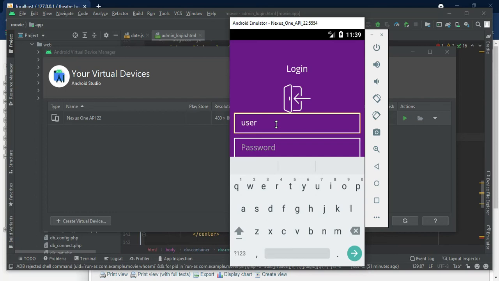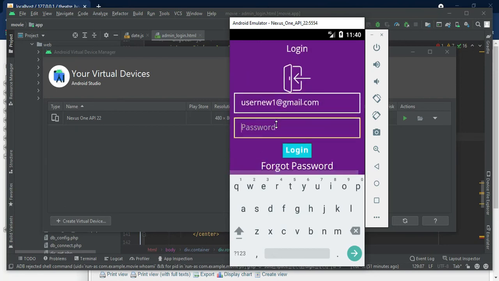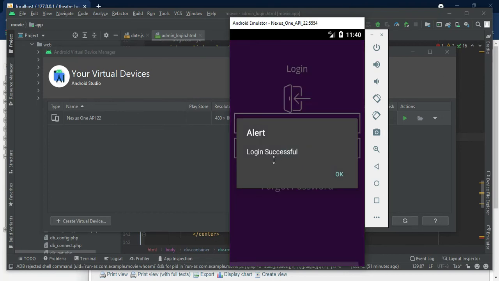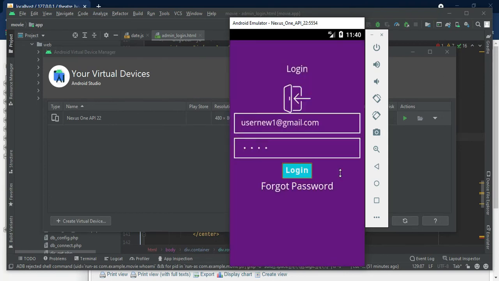So we have registered successfully, and enter the login details. Login successful.